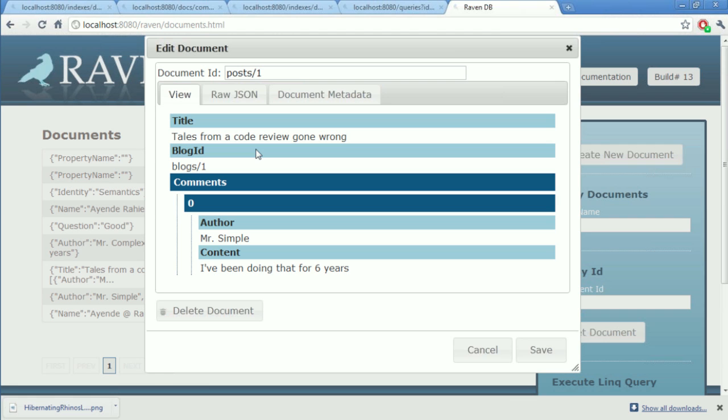Yes, when you're talking about multiple servers at the same time, consistency. The basic idea is that we don't make such a decision in RavenDB itself. You can choose RavenDB to run in a mode that is fully consistent, and you can choose RavenDB to run in a mode that is fully available.